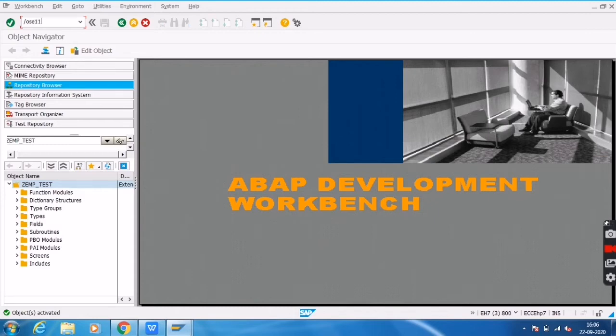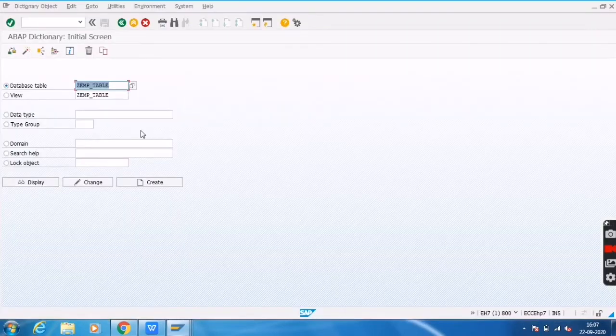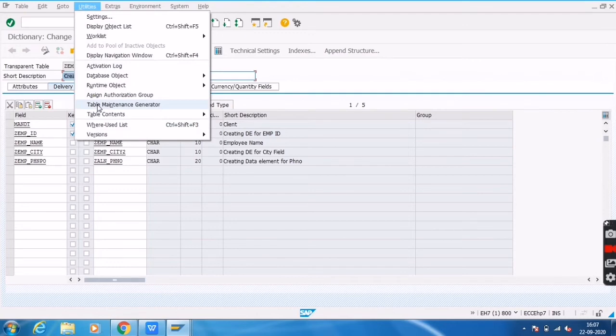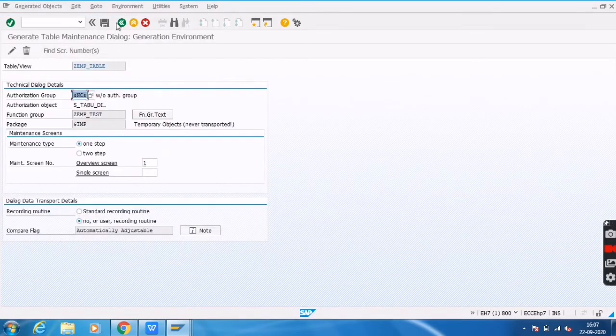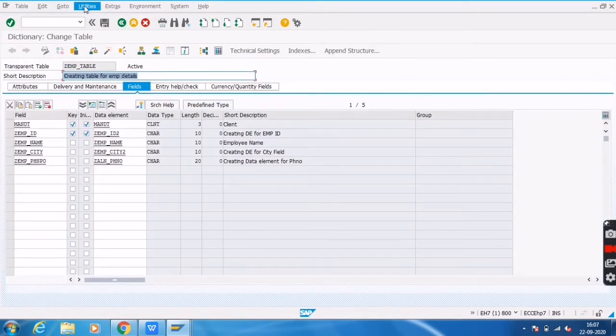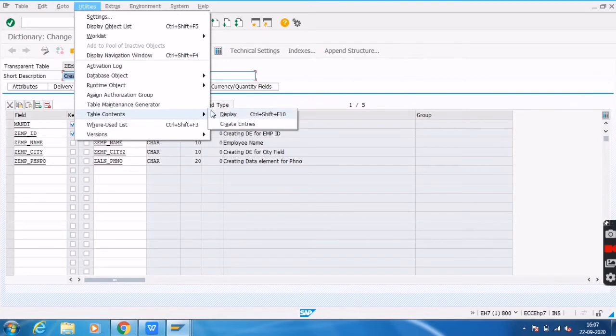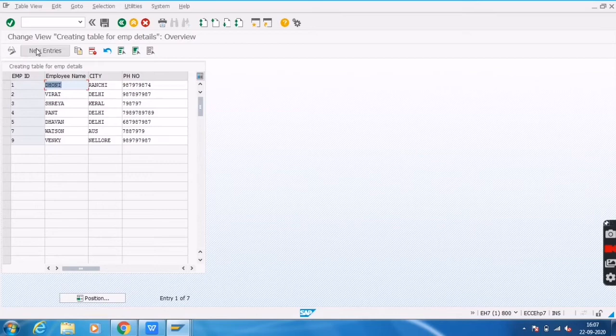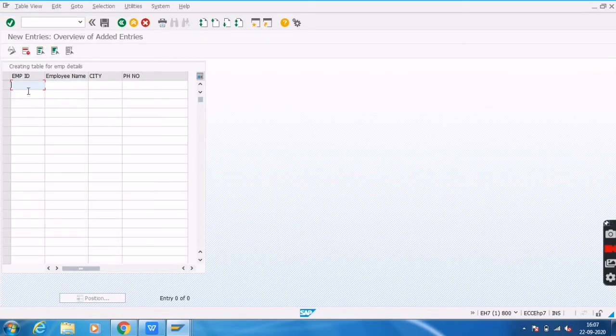Now we need to test that. Click on change. Now we'll go to the TMG. We'll go to table contents, create entries. Click on new entry.